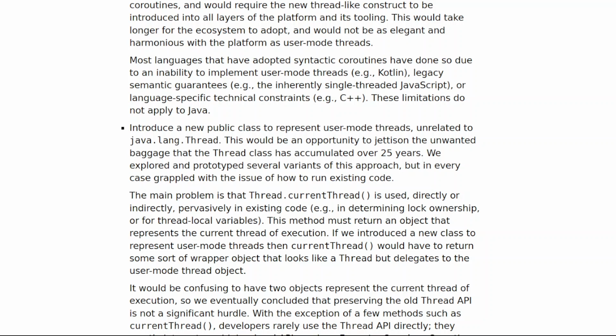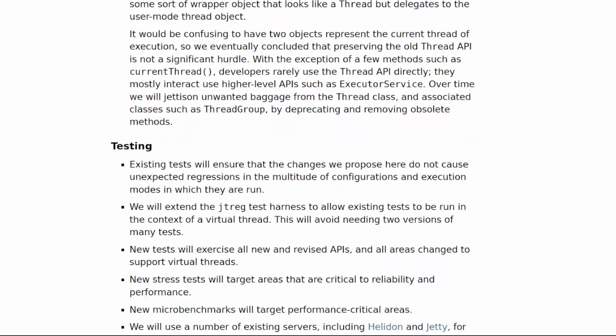This method must return an object that represents the current thread of execution. If we introduced a new class to represent user mode threads, then currentThread would have to return some sort of wrapper object that looks like a Thread but delegates to the user mode thread object. It would be confusing to have two objects represent the current thread of execution, so we eventually concluded that preserving the old Thread API is not a significant hurdle.